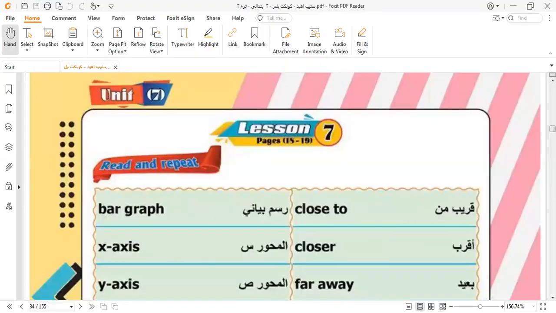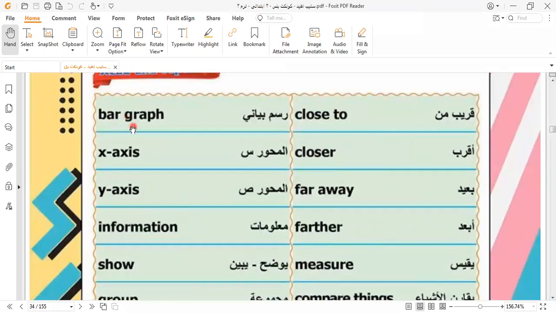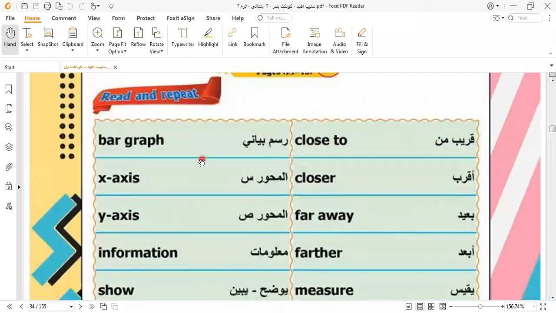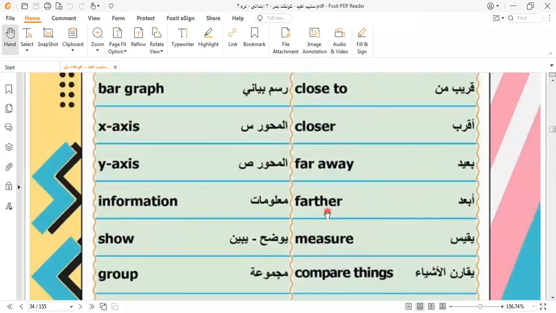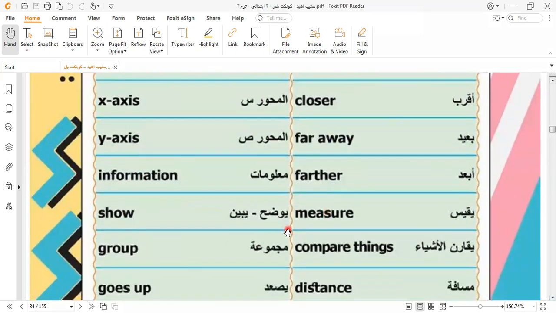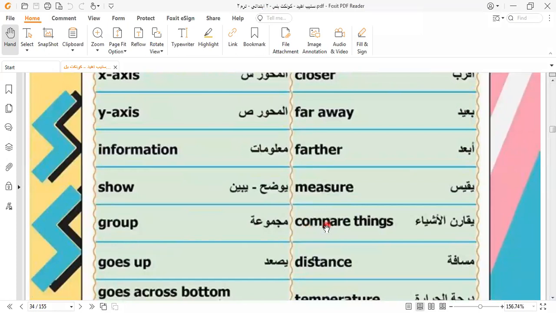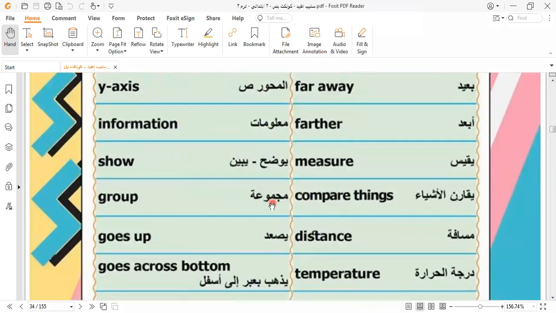Video, the last class, we stopped on lesson 7. Let's go to know more about lesson 7. We have some new vocab like bear, graph, close to, x-axis, closer, y-axis, far away, information, further, show, measure, group, compare things. Means compare between